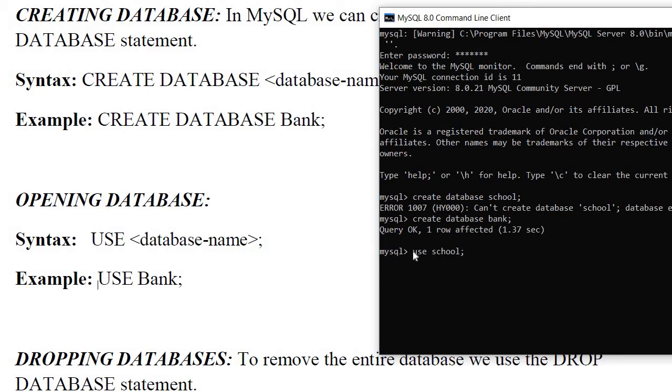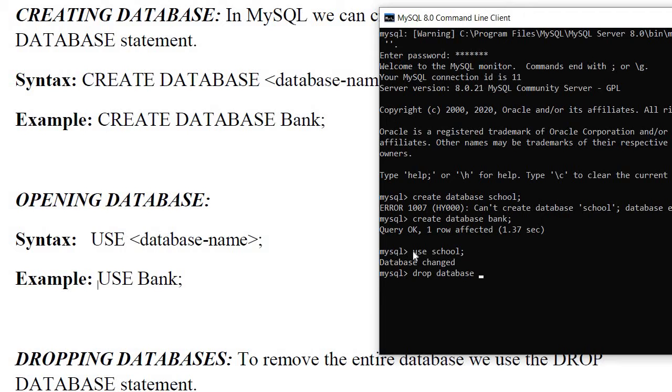Then after the semicolon, the database changes, meaning now you are working on the school database. If you want to drop any database, meaning remove the entire database, we use the drop command. How? We just write drop, then database, then the database name.